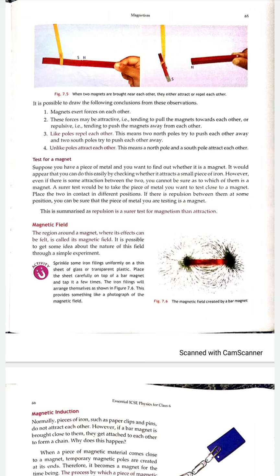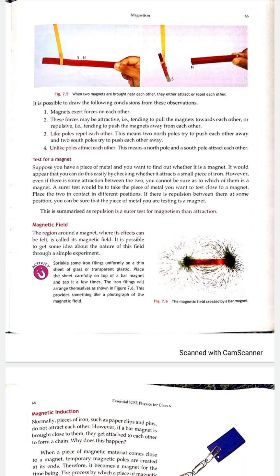If there is an attraction, then we may say that that given piece of material is a magnet. But if attraction is taking place, this property of attraction doesn't make us 100% sure that the material given to us is a magnet. Reason, if the given material is a magnet, then it will be able to show the property of the attraction.